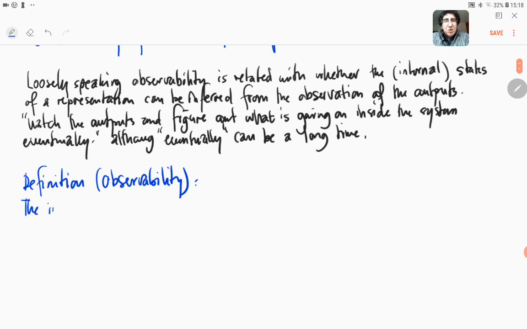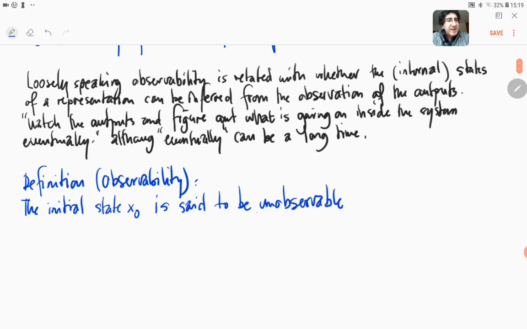So the initial state x0 is said to be observable or unobservable. So the definition is a negative definition. Unobservable if and only if